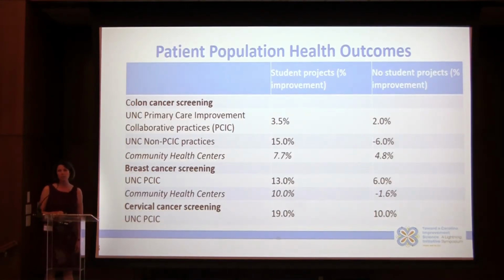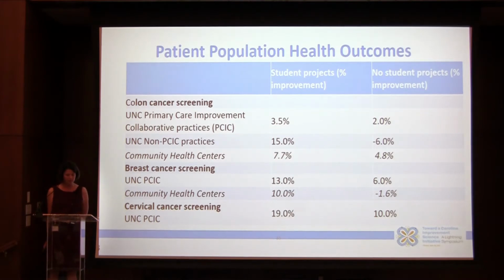But what about the patient population health outcomes? We looked at many metrics that the practices already had available. As per our suggestions, students worked on practice priorities. These included things like cancer screening, falls prevention, chronic disease management. We were also able to see the impact of students in a variety of practice types. I have decided to show just a few of those here, and these percent improvements that you see were over